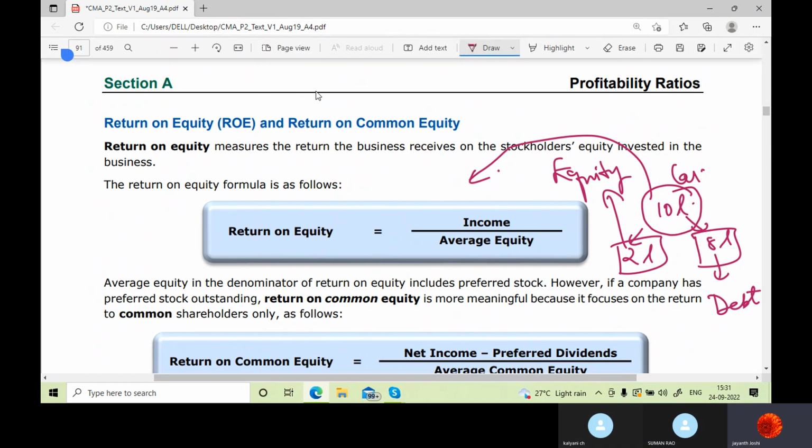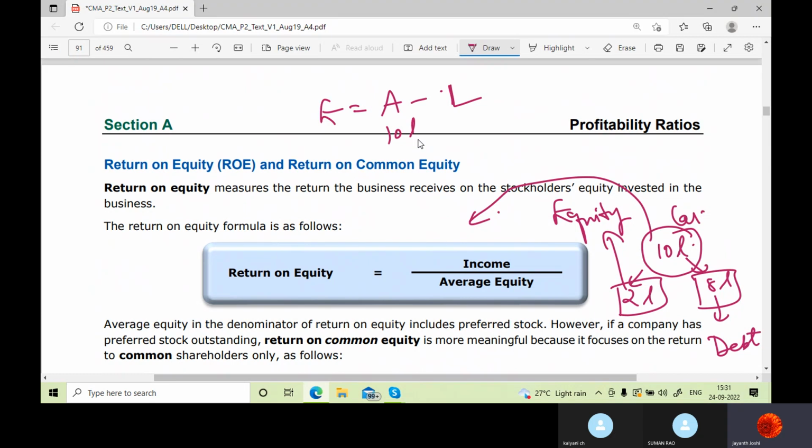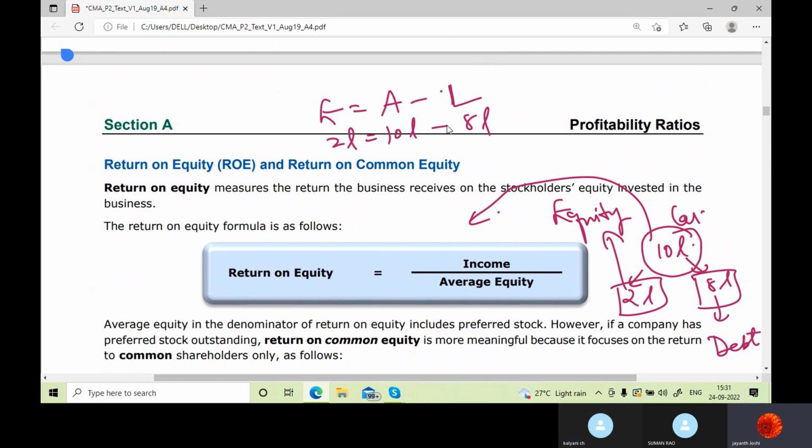Right. And you see the accounting equation also, equity is equal to asset minus liability. So asset is 10 lakhs, liability is 8 lakhs, equity is 2 lakhs, correct? That's understood, very simple. Now, if you want to find out what you have got from your investment, okay, suppose